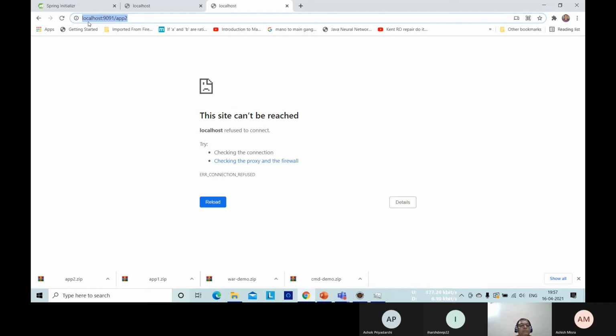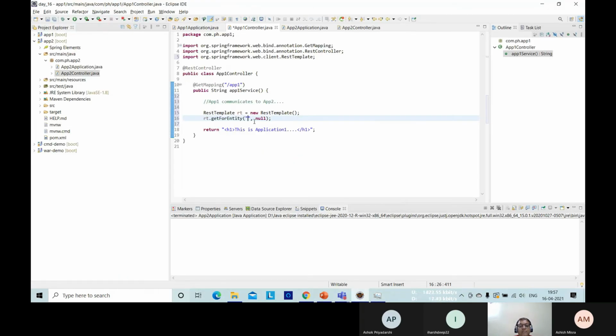So let me copy this path and paste here. Okay. So we got the URL of the second REST API. You have to supply the complete URL to this method called getForEntity.